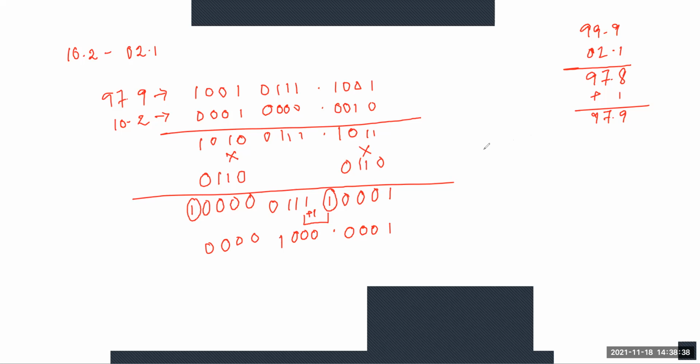So if we check that this result is perfectly okay, first of all here it is 8 and this is 1, so this is 8.1. Directly I am checking now 10.2 minus 2, so it is 8.1, perfectly okay. So we are getting 8.1 from this, and directly we also cross check this value and we are also getting 8.1. Is there any doubt?